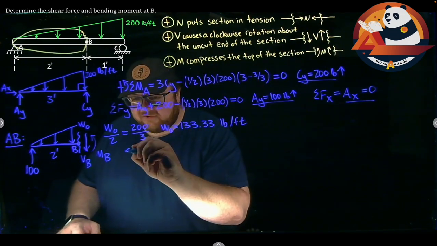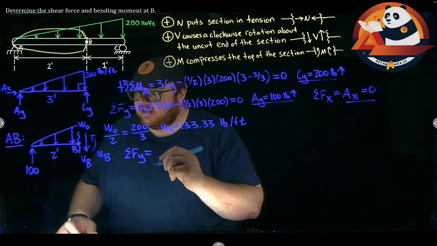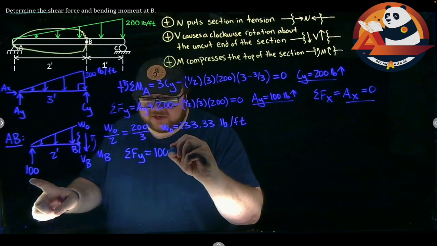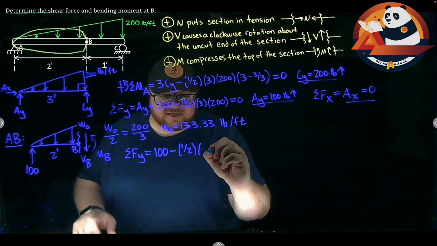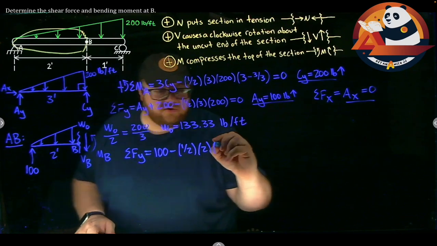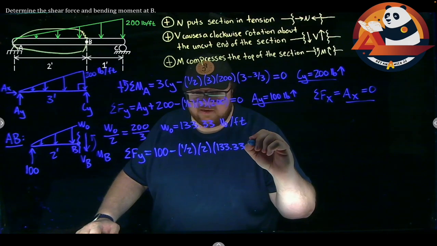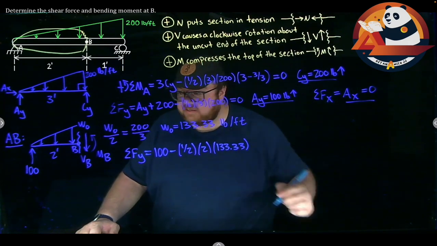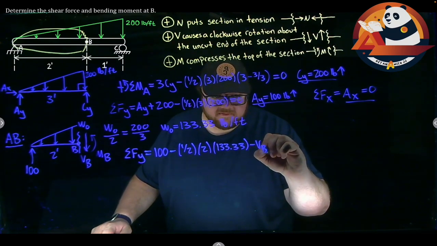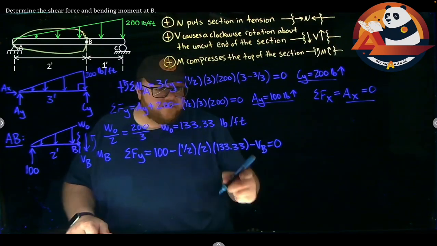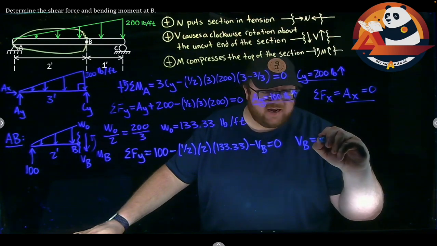So let's start and just sum our forces in the y direction. I know my height of the triangle. I know my base. I would get, AY goes up 100. My distributed load comes down minus 1/2 base 2 times height WO, 133.33, 1/2 base times height. Minus our shear, minus VB, equals 0. Or if I solve that for VB, I'm going to get that the shear at point B is negative